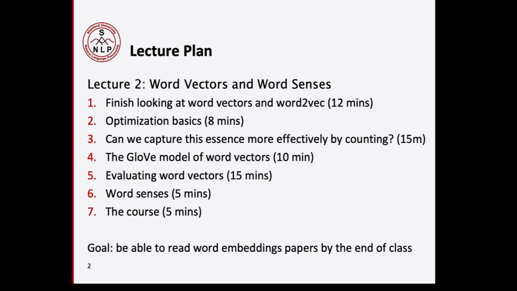But then I want to explain a bit more of the space of what people have done and can do with dense word representations. So I'm going to say something about count-based approaches to capturing meaning and how they work. I'm going to talk for a bit about a different model of word vectors, which was the GloVe model that a postdoc of mine, Jeffrey Pennington, and I worked on a couple of years ago. Talk some about evaluation, really quite a dominant theme in a lot of what we do in natural language processing: how do we evaluate things and how much do we trust our evaluations,